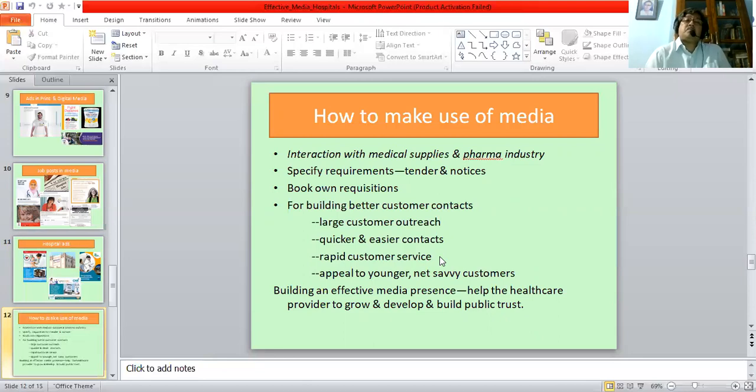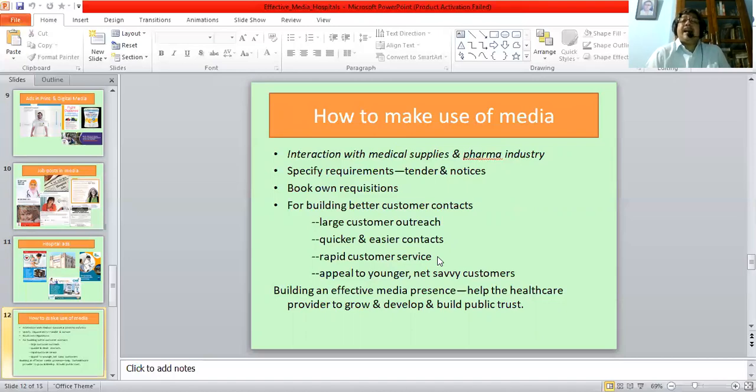Now, how do you make positive use of the media also? Something more, you will find that you need to take care not only of the public and be in touch with the administration and the doctors and other medical professionals, but that also you have to take care of a large amount of work which relates to the infrastructure and the